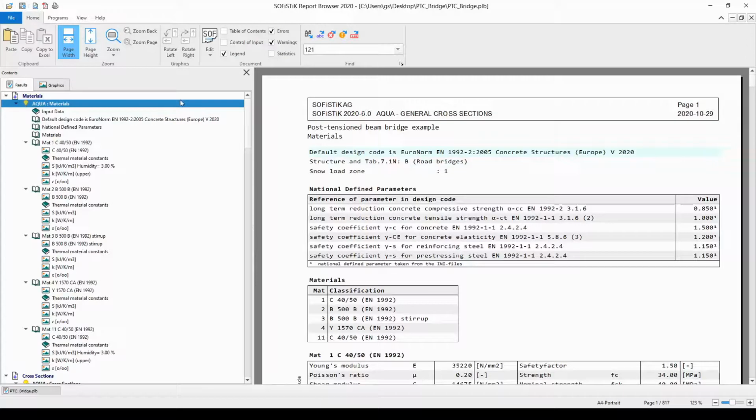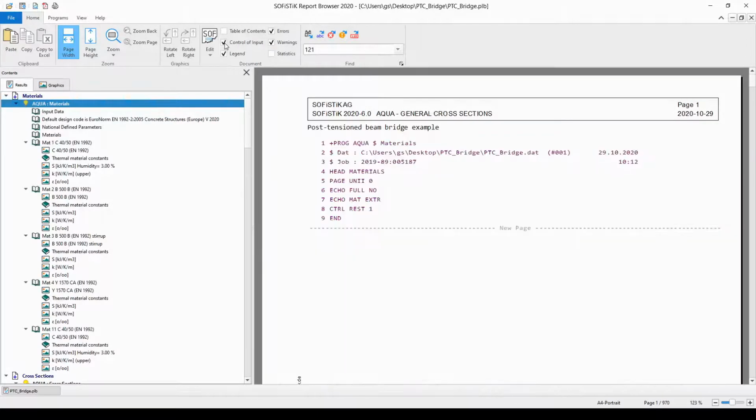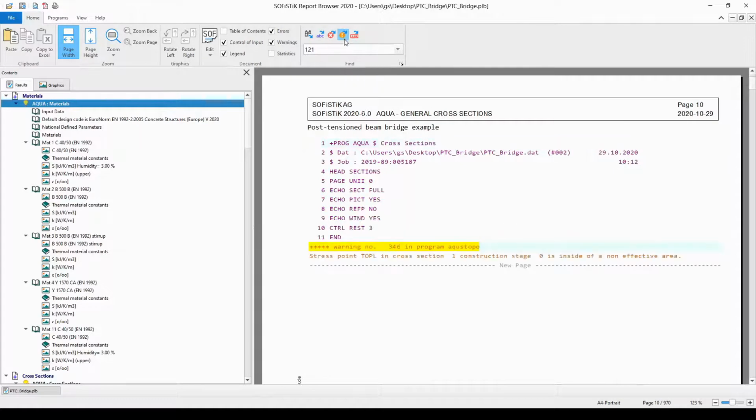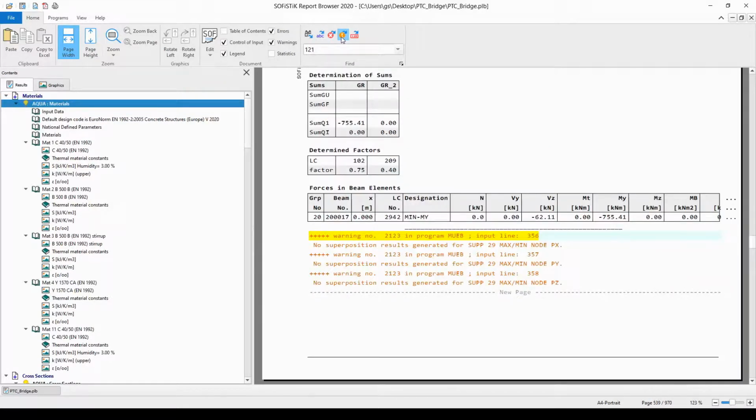The way how you can do that is the following. First, I will open up all of the inputs. As you can see now, all of the inputs have opened. And among the top icons, I would click on the Find Warnings icon. And in this way, Report Browser will automatically jump to the very first warning. One needs to decide whether or not a warning is important or simply can be ignored. This time this warning could be ignored, so I will simply click and find the next warning, which is, as you may remember, was about the superpositioning results